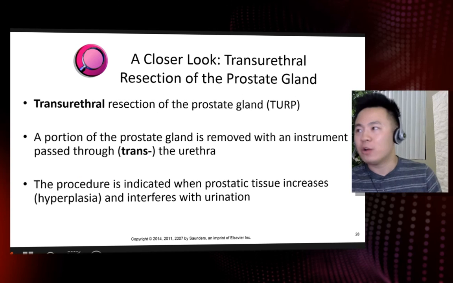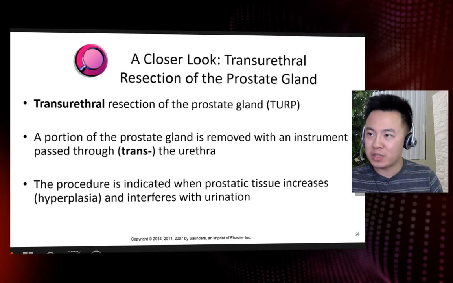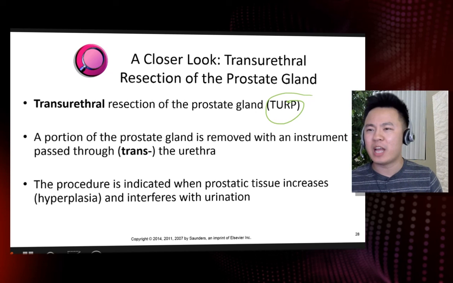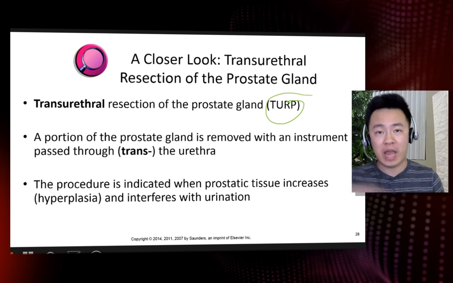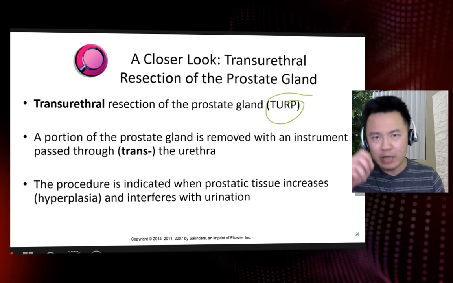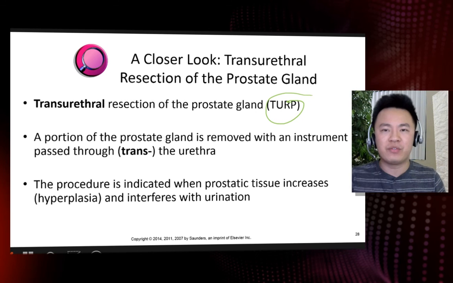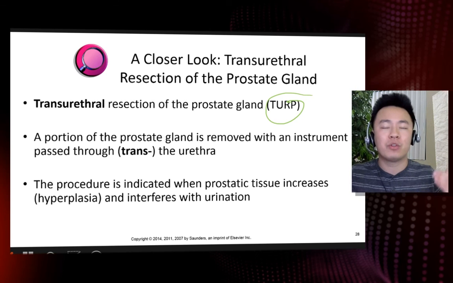Okay, we have here transurethral resection of the prostate. I would definitely want to know this. This is TURP right over here. I believe we probably talked about this in another chapter, but pretty much it is when a portion of the prostate gland is removed with an instrument that passes through the urethra. You have a hot wire at the end of this instrument that goes into the male urethra. This is for men. The hot wire goes in and starts to carve out the inflamed prostate in order to allow for the free passage of urine through the urethra and out.